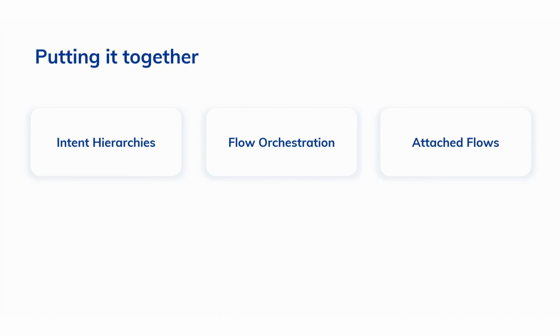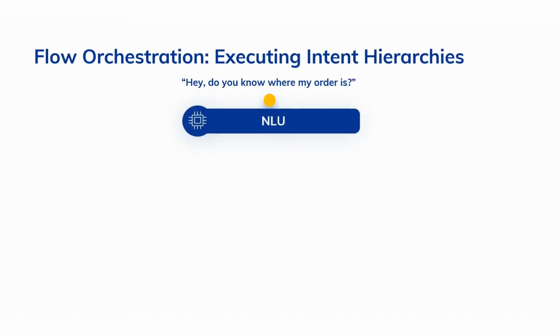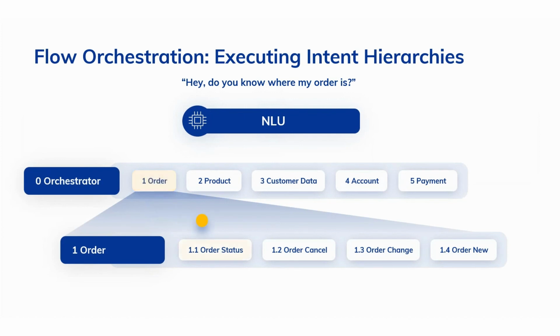Well, suppose we have a scenario, and we just take the scenario that we looked at before, where a user asks for his order status. We want to map the intent in the original flow because we have a very nice detailed hierarchical intent model, but we don't want to do the fulfillment of that intent, so the actual answering or questions that the bot has to ask, in that same main flow, because it will become too much for all of the intents that we have. So what we want to do instead is do the NLU in an orchestrator main flow, find the intent, so find that it has to do with order, but fulfill this in a dedicated order flow. So we essentially hand over the intent mapper results to, in this case, the order flow.